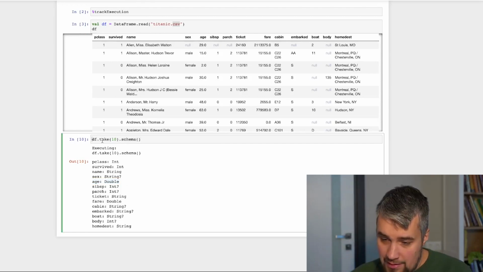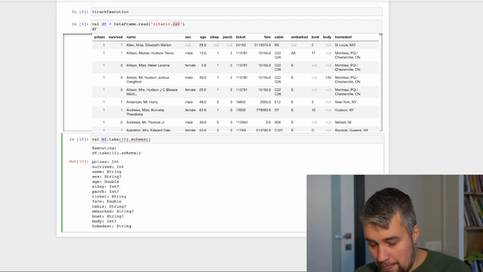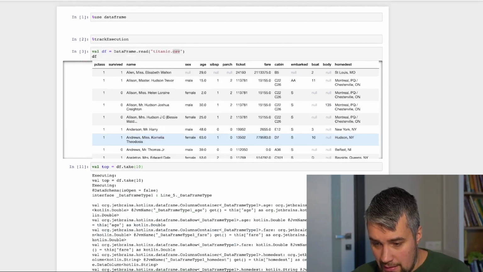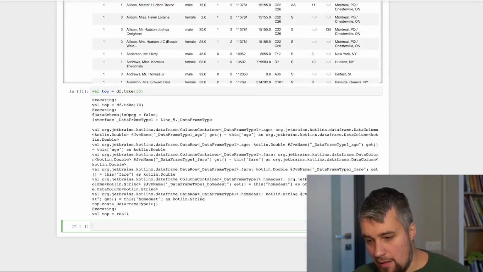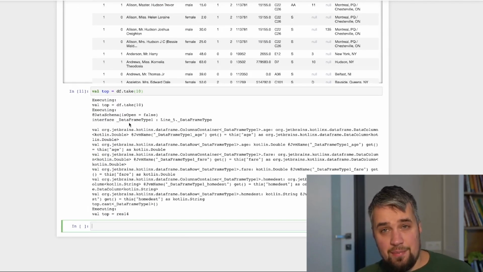So if we assign this sliced data frame to variable top, for example, we can see that a new interface type was generated, DataFrameType1, that extends original type, DataFrameType, and